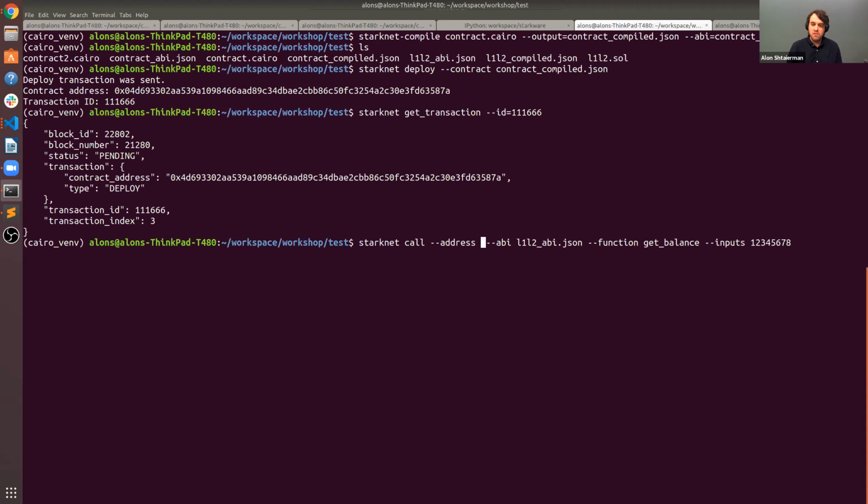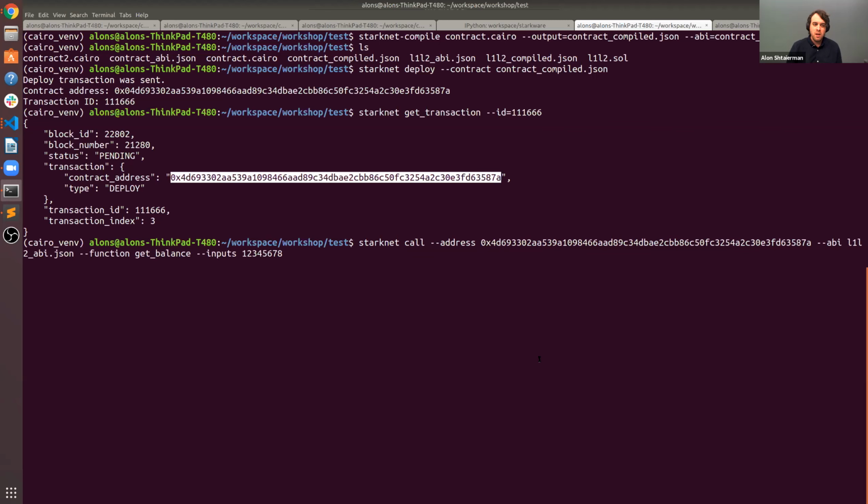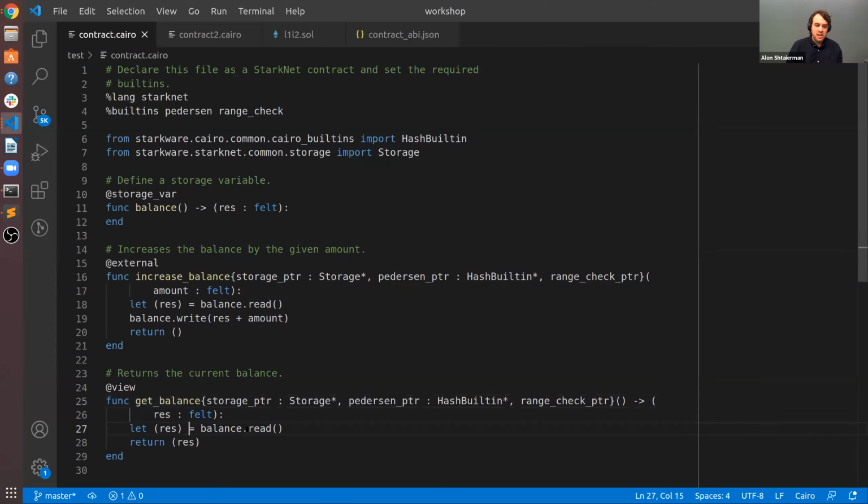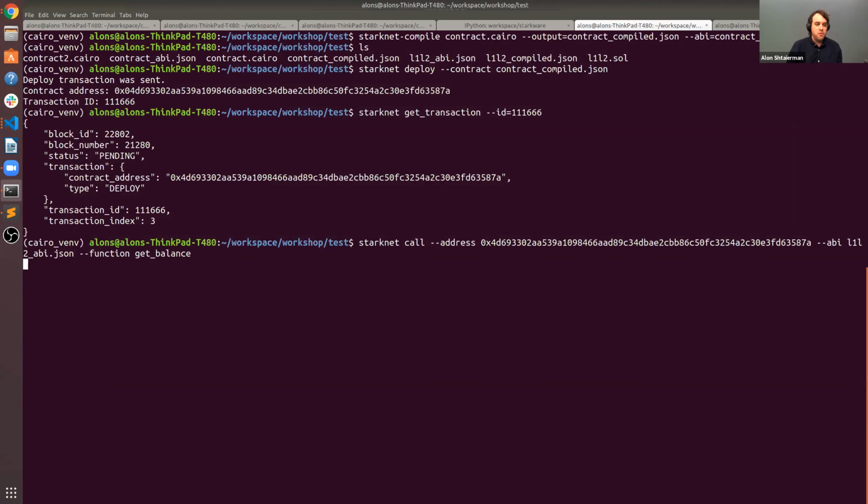So first off, we're going to want to give the address of our contract, which we can find right up here in our transaction metadata. I'm going to copy it over here. We need to supply the contract ABI that we produced when we compiled the contract. Designate a function we want to call, in this case, getBalance here. And we don't need to give it any input at the moment, because I'll remind you that this function, if you look here, doesn't actually receive any input. So if we call this function,